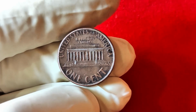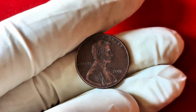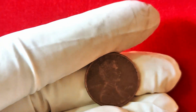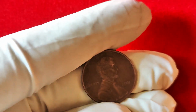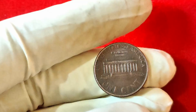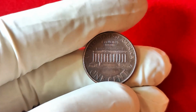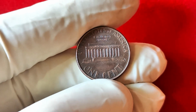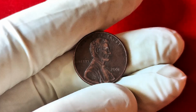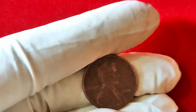And remember, you never know what treasure you're holding until you take a closer look. Imagine holding a single penny in your hand that could make you a millionaire. Sounds too good to be true. Well, today, I'm going to show you why this seemingly ordinary 2001 Lincoln penny, without a mint mark, could be worth up to a staggering $3.1 million. Yes, you heard that right. Don't blink, because by the end of this video, you might just find the coin that could change your financial